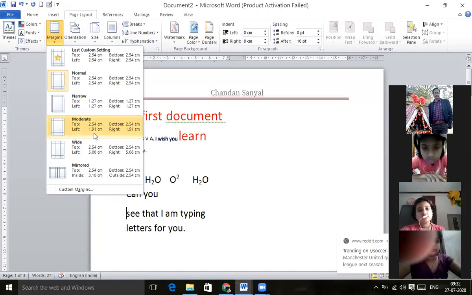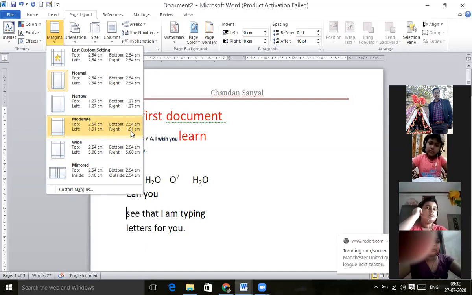Similarly, at the left also you want to leave a bit less space, but at the top and bottom you don't want to reduce the space. For headers and footers you want to reserve this much space, 2.54 centimeters.